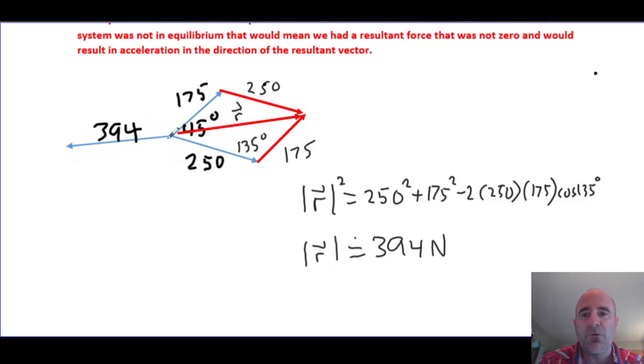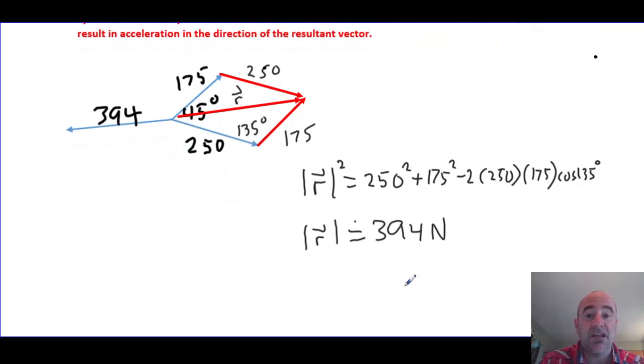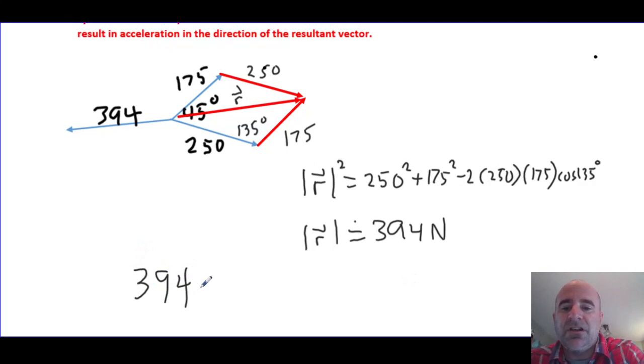Okay, it's going to be a little bit more in this direction, because obviously the 250 force tends to pull this way. Okay, and there you have it. That's the answer. If you just need the magnitude of the force I'm pulling with, it is 394